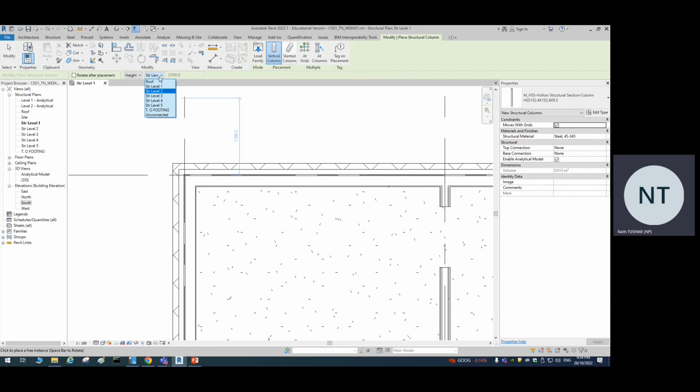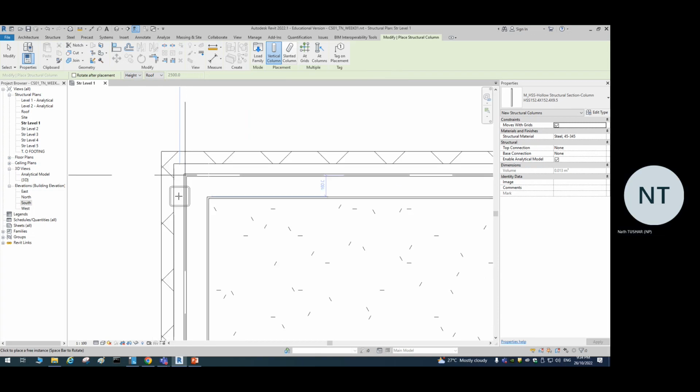to the roof. Okay, so over here, I'm on my level 1 and I want to model my column all the way to the top. Which particular level should I select over here? Roof. Because I want to model from my structural level 1 and all the way to the top. And my topmost level, you remember, I named as roof. Okay, now that you have it,